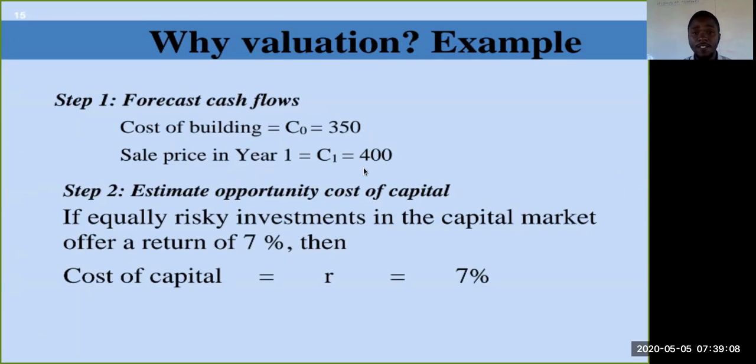So we've seen that this was the cost and the revenue was 400 if we sell that building. Then step number 2, we estimate the opportunity cost of